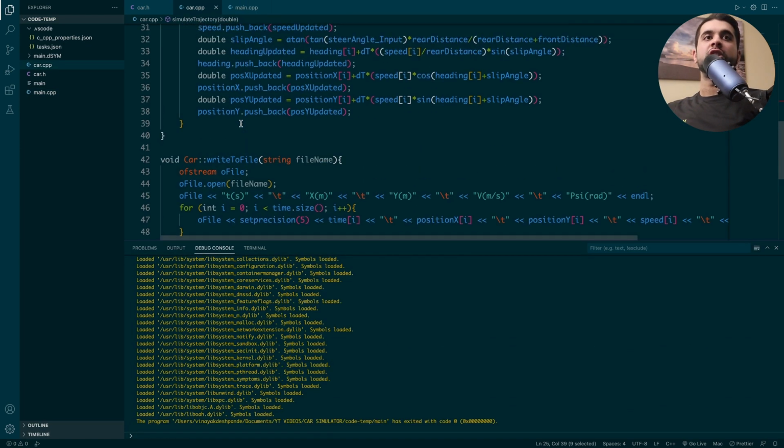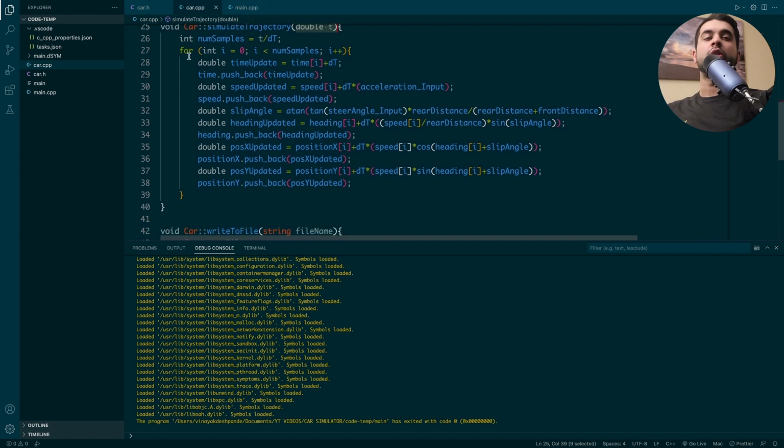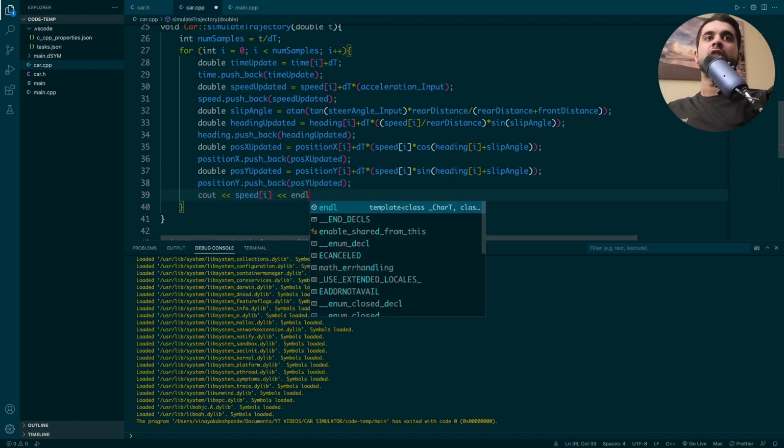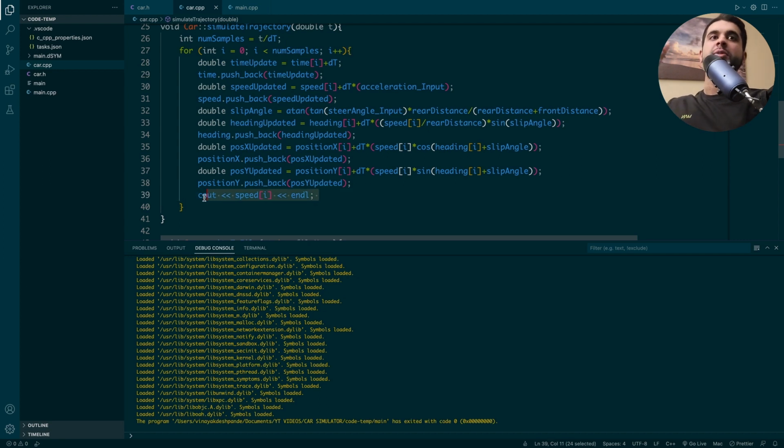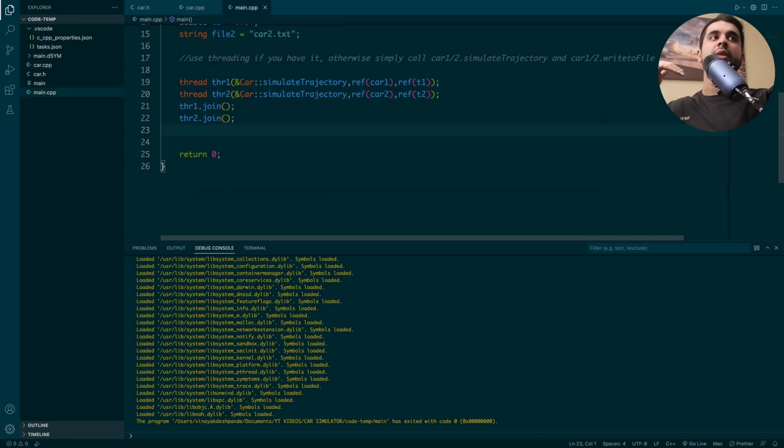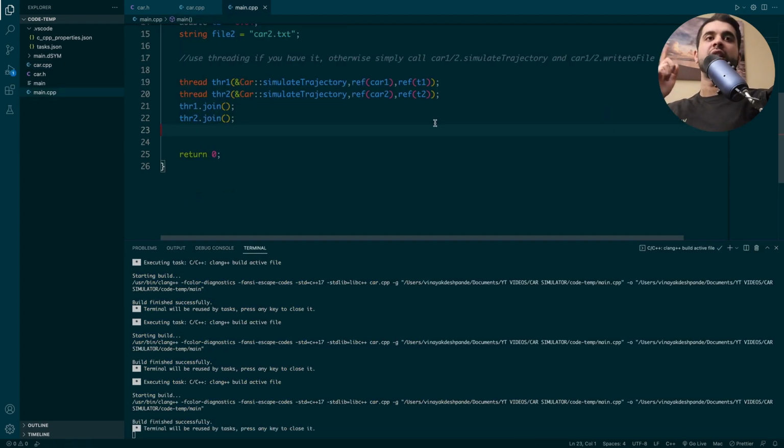Let's actually output the speed at every iteration, because I want to demonstrate that these threads actually run at the same time. To do that, just write cout inside of your simulation method, speed of i. So it'll output every speed value and then go to the next line. So now if I run this again,